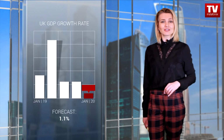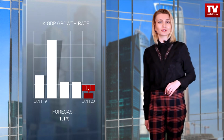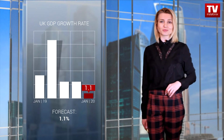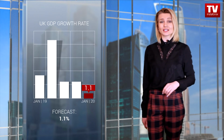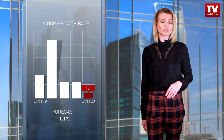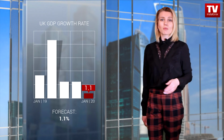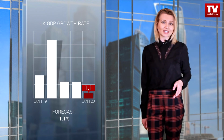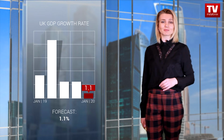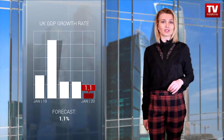As for the pound sterling, the situation is similar in many ways. The final UK GDP data turned out to be worse than forecast and exerted downward pressure on the pound. As expected, the economy eased to 1.1% from a revised 1.3% in the third quarter. This means that the current slowdown in economic growth turned out to be more persistent than originally anticipated. Moreover, amid the coronavirus epidemic, many economists are expecting a much deeper and long-lasting decline in GDP in the first